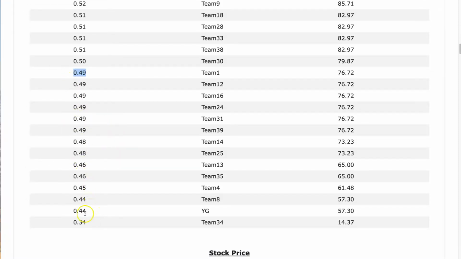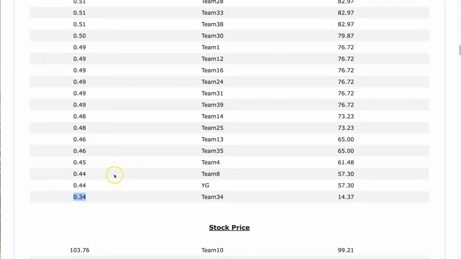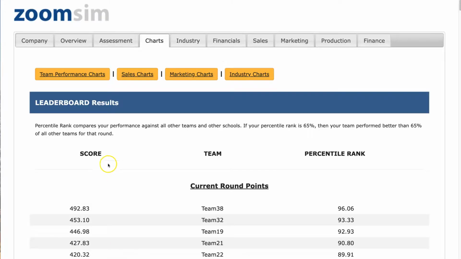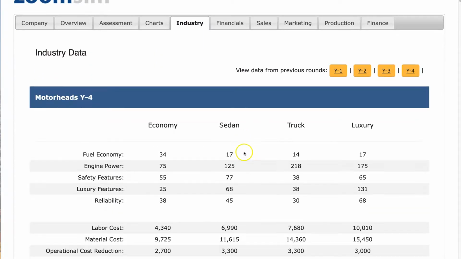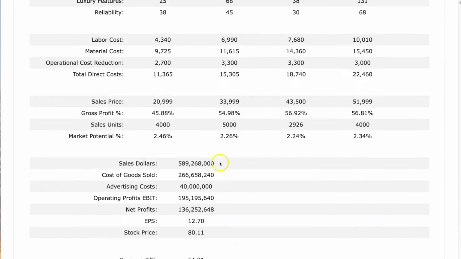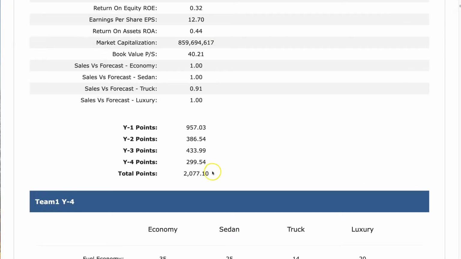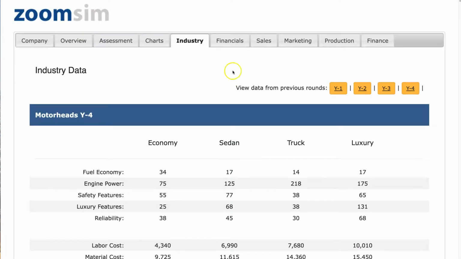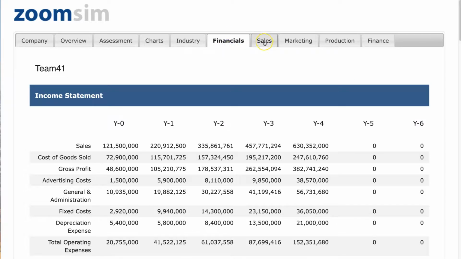And there's one team here that's still below the 40% we started at. So this team really has to look at their gross profits and increase those sales prices, reduce those costs to really make that happen. You can check the industry to check out your top competitors, everything they did, where other teams are at, what their total score is, so you get a better idea where you stand among your peers. You can review your financial statements, which we now know how to do from Chapter 3 and Chapter 4,